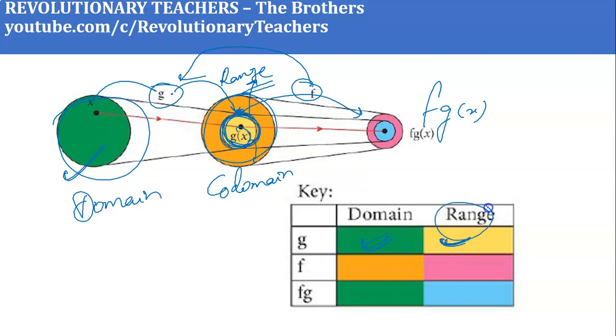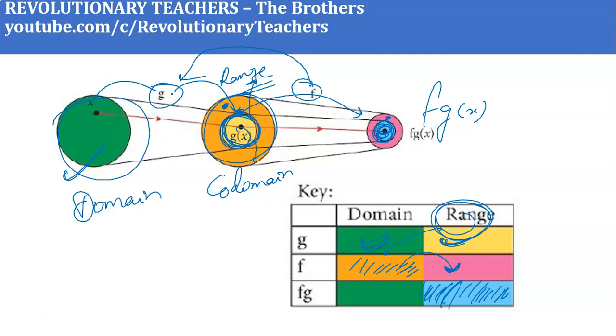Now I will substitute that range in f, function f, and I will get an output. Okay children, and the combined output would be represented by this light blue color, okay? Because there are some other values also over here. If I substitute this value, I may get this value which is not in f of g(x), but in f(x). So the combined output would be this.